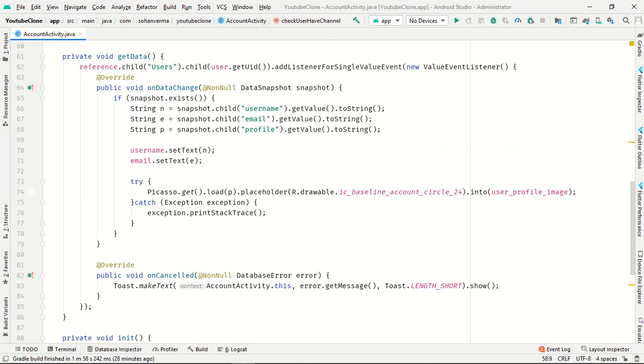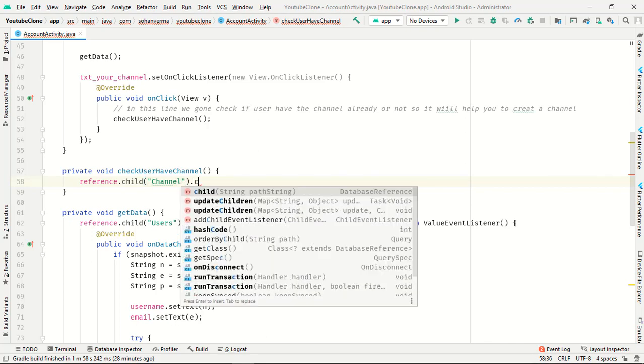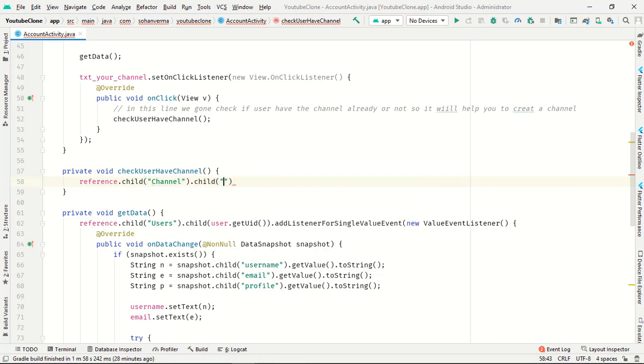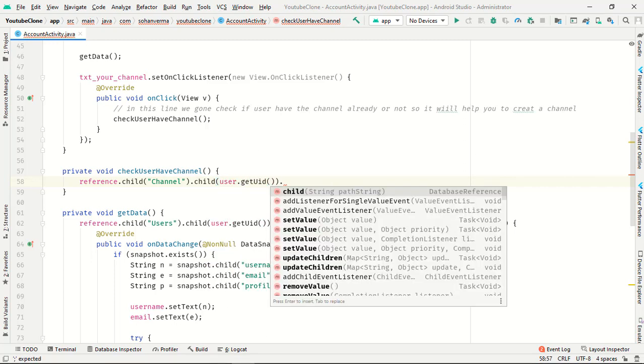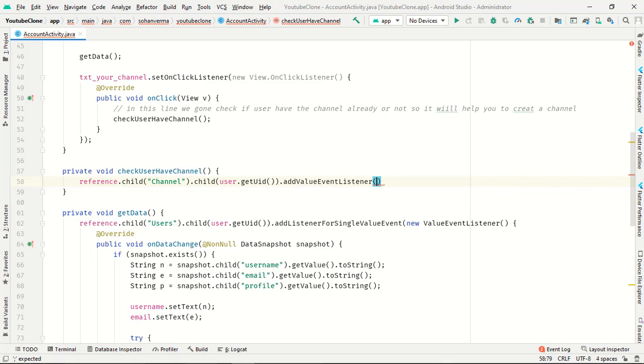Now we have to create a check user have channel method in our account activity. So now we have to check our database whether the user has a channel or not. Just create channel dot child, which will be the user dot get user ID, a unique ID identity, add value event listener.